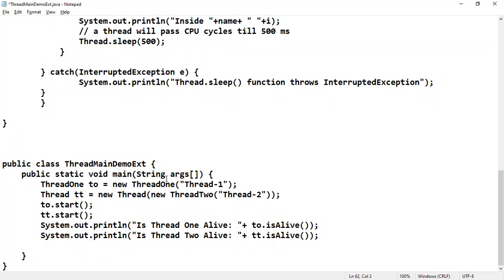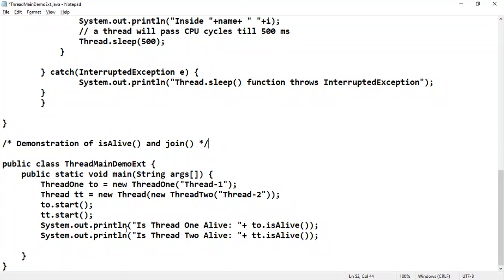I am modifying the program given to you, from ThreadMainDemo to ThreadMainExt. This is an extension. This program is especially used to show when the threads will become alive and when the threads will become dead, and how to join various threads, so that we come to know whether the threads completed their work or not, and after completion whether they have joined in the main method or not.